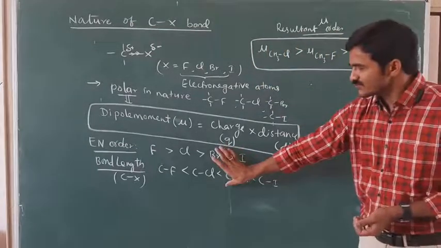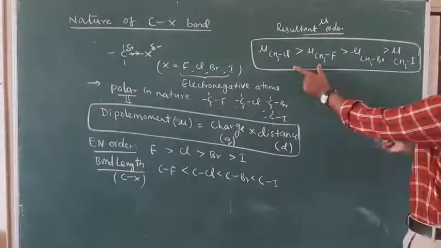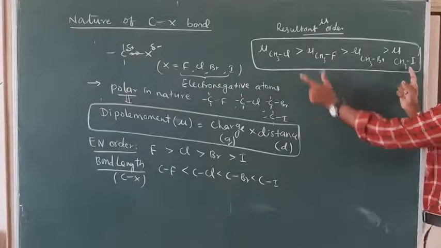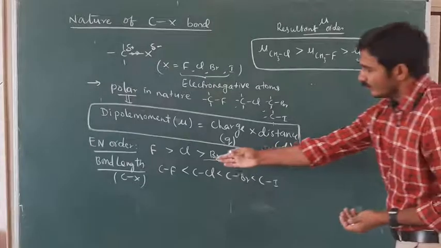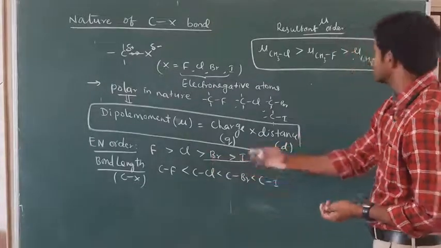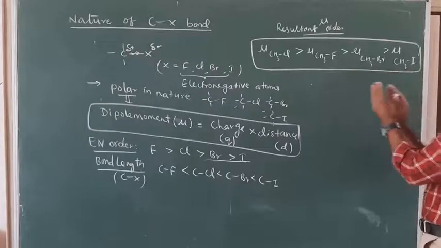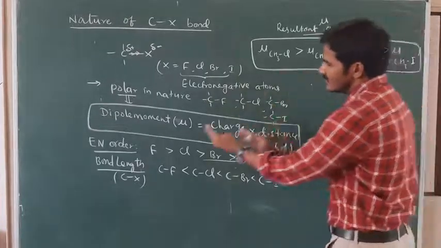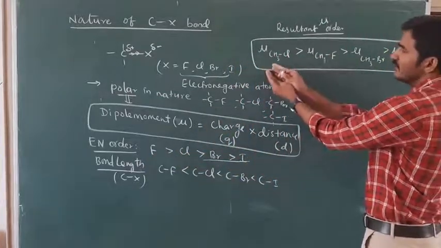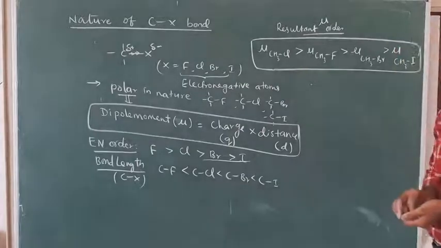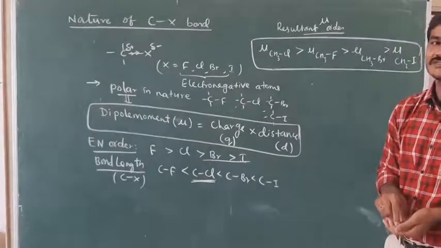Okay, so based on these two factors, we have worked this out. Except for these two, bromine and iodine follow the electronegativity order. Bromine is more electronegative than iodine, so we write methyl bromide has more dipole moment than methyl iodide. But why are we not writing the same for fluorine? Fluorine is more electronegative than chlorine. Why can't we write methyl fluoride has more dipole moment than methyl chloride? Because we have to take the length factor, the distance factor, also.